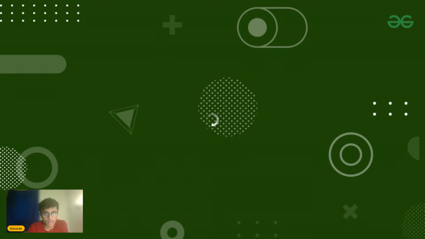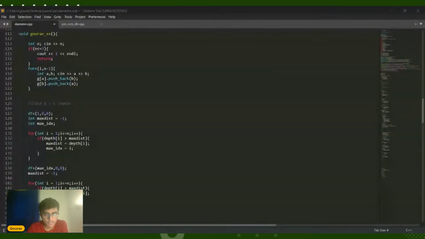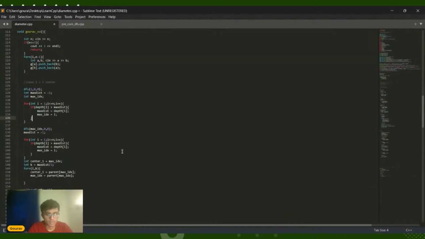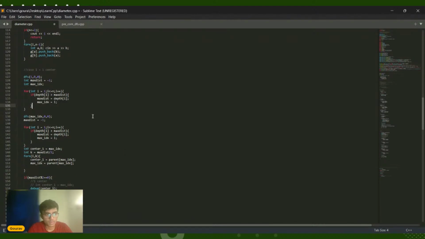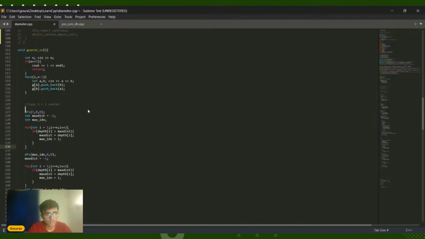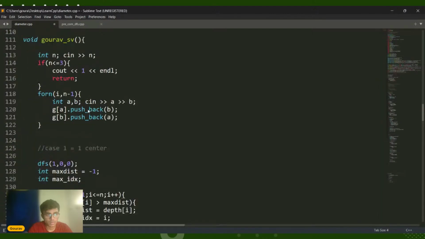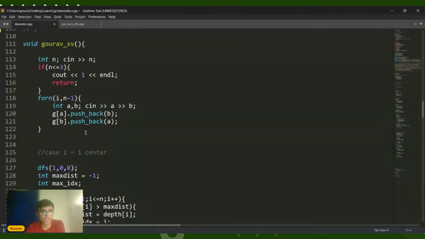Yeah. So I hope you can see my screen here. So let me increase the size. So yeah, I hope everyone can see my screen.